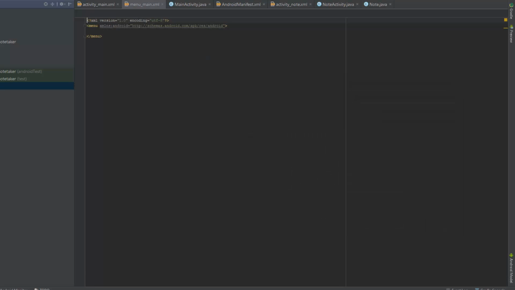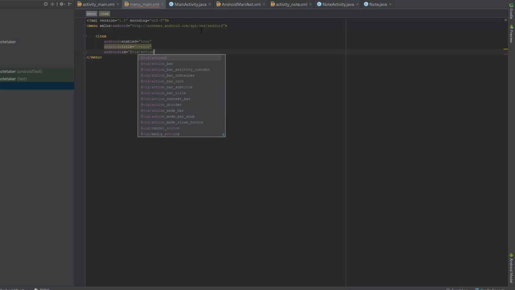Okay, and here we are. And adding menu items is quite easy, as I will show you. First of all, you have to say item, and you have to say it's enabled, so it will be shown by the activity. Then you have to give it a title. For example, I will just say create. It doesn't really matter. I will give it an ID, add plus ID, and for actions, my convention is always the word action, then the activity name. This is the activity action menu for the main, so I say action underscore main, then the